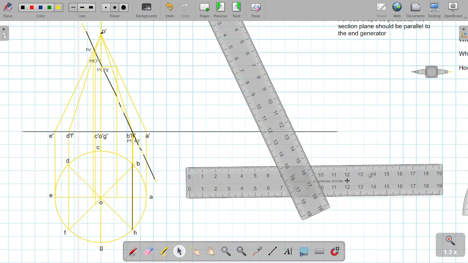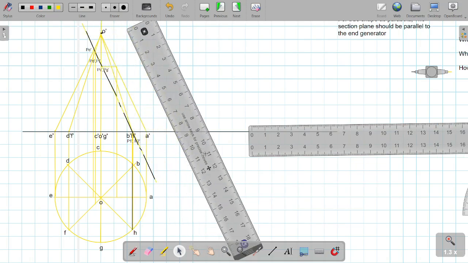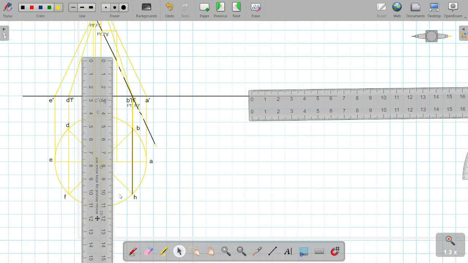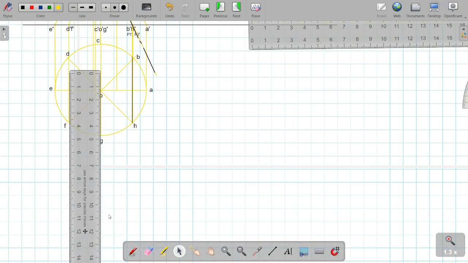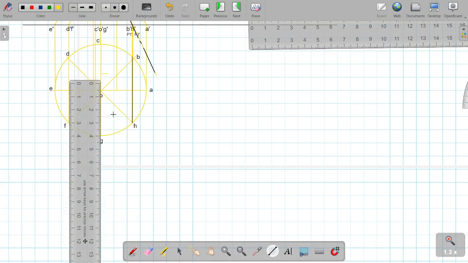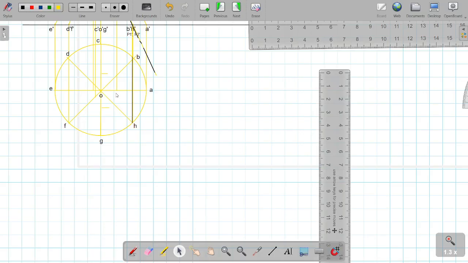So using the scale I will measure 1.2 at this point, similarly 1.2 at OG, so it is somewhere here. So these points,